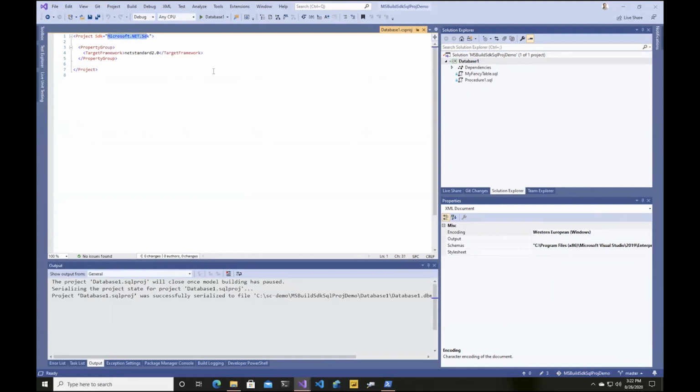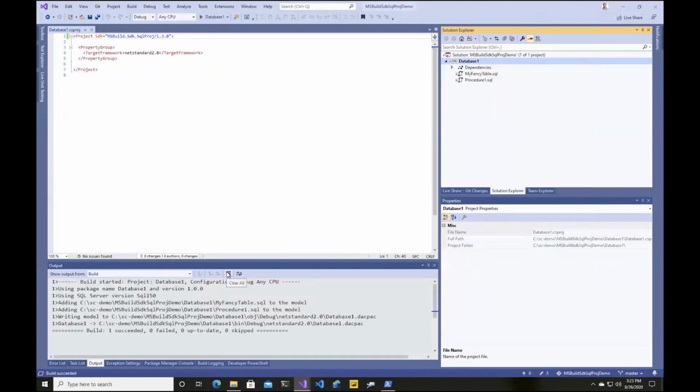And what I'm going to do is change this, and I'm going to say msbuild.sdk.SqlProj. And then I need to specify a version number that I want to use, and I actually know that 1.3.0 is the latest version that's up on NuGet. I'm going to save that. And then you can see here, it's going to restore that package to my machine. And it's taking a little time. And now if I go and do a build again,